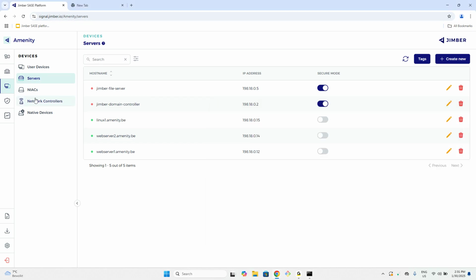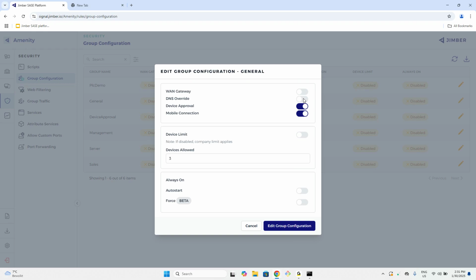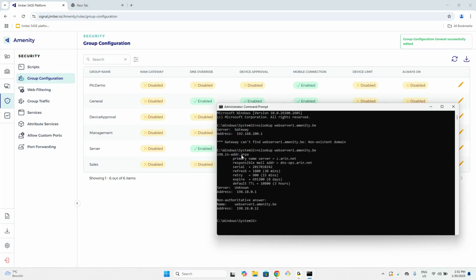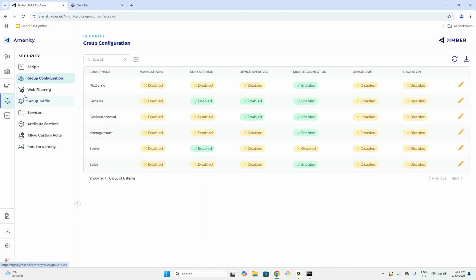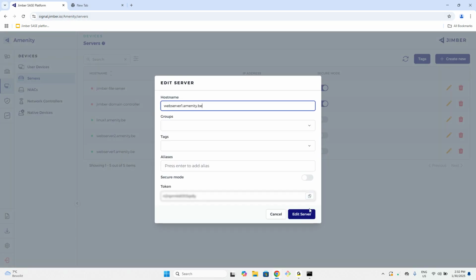Now let's enable DNS security or DNS override. Okay, so now it should be enabled. And now immediately you see that the response is fully different. So you can see that I got the address of 198.18.0.12. And if we go back to the server itself, you can see that this is indeed the address of our web server. Now, you can also add aliases, so you can give it even more